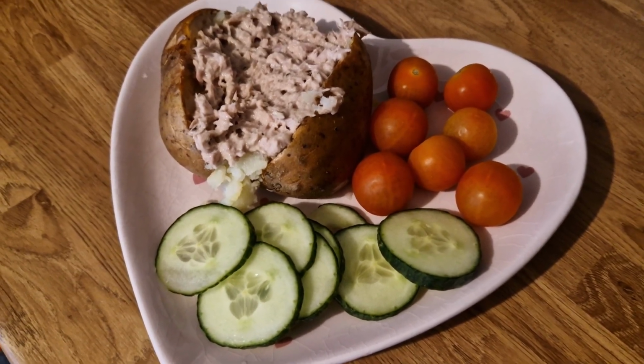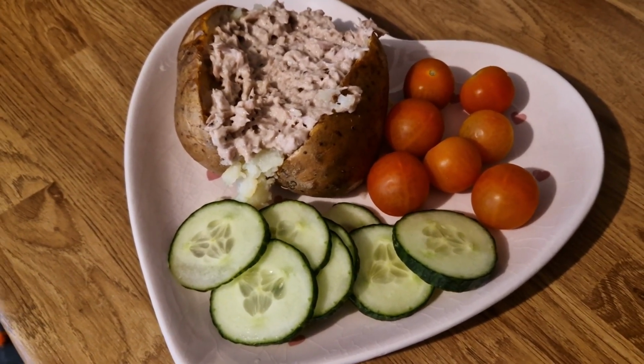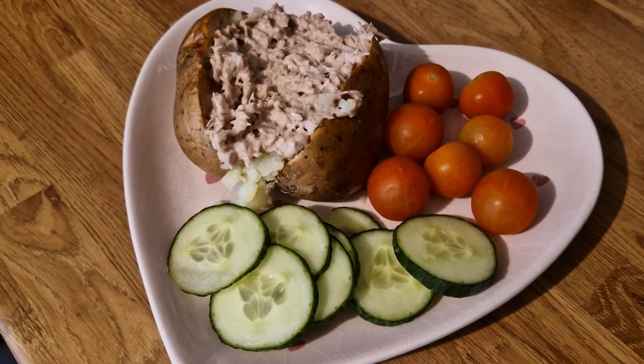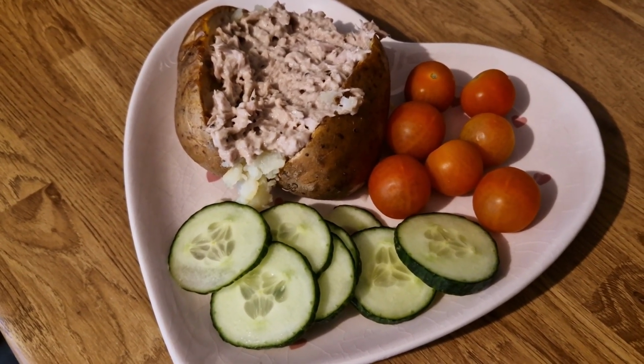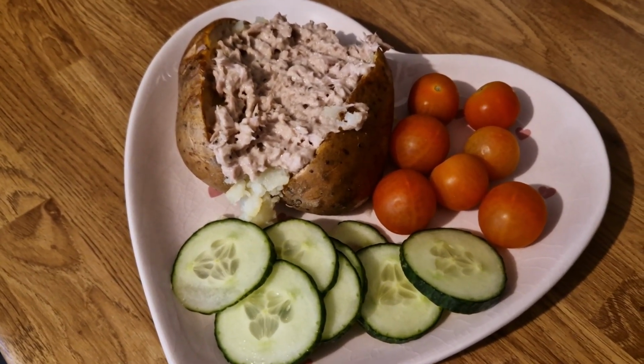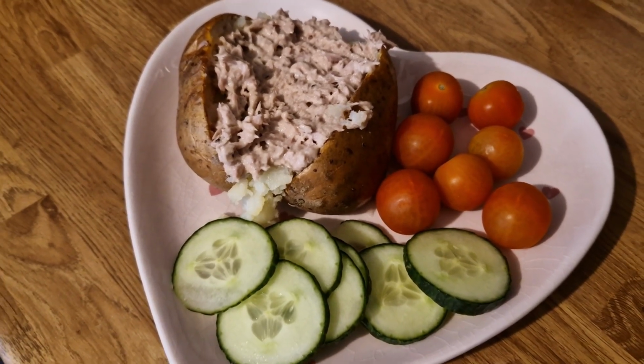Today is Saturday and I haven't had any breakfast. For lunch today I'm having a jacket potato. On that I've got a tablespoon of Flora Lighter, which is 2 sins, and then I'm having tuna mayonnaise for the filling. I've got tuna, which is sin free, and the mayonnaise...